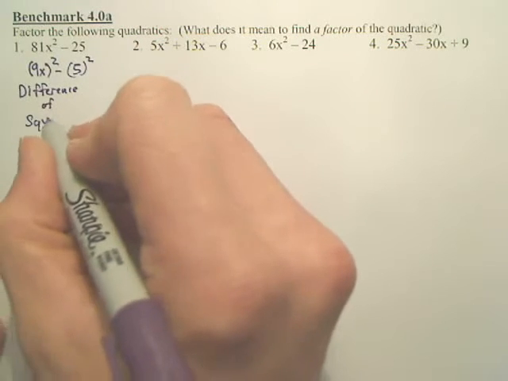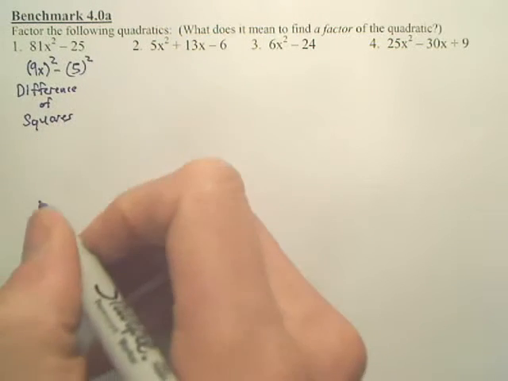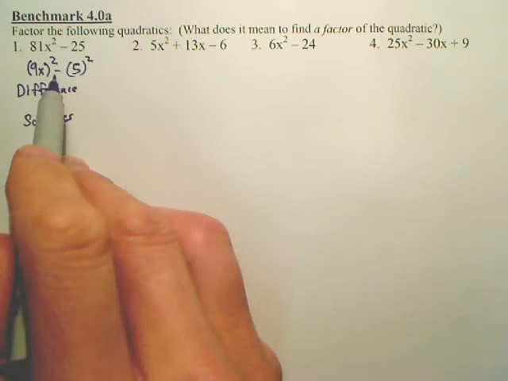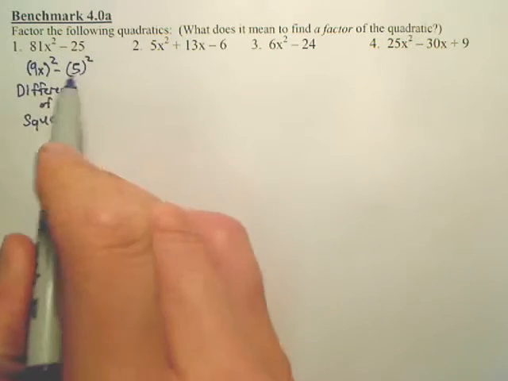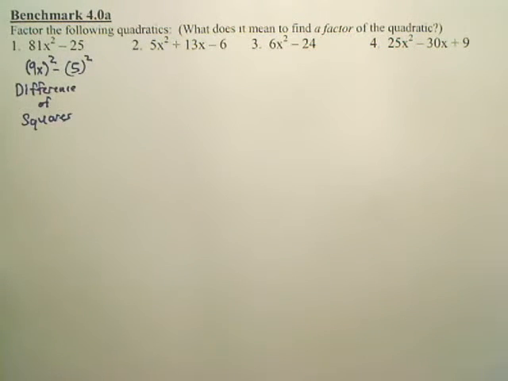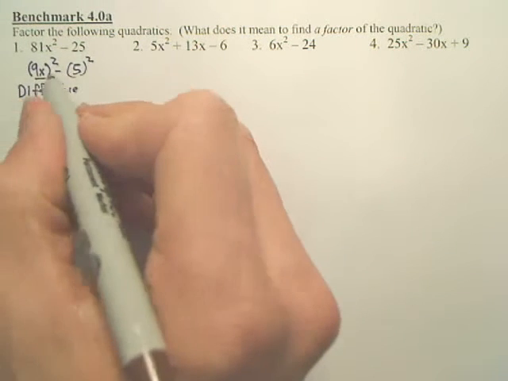This is 5 squared. This is a difference of squares. That's the name, difference of squares. A difference is minus, and those are both square values. Whenever it's a difference of squares, your answer is simply these two pieces